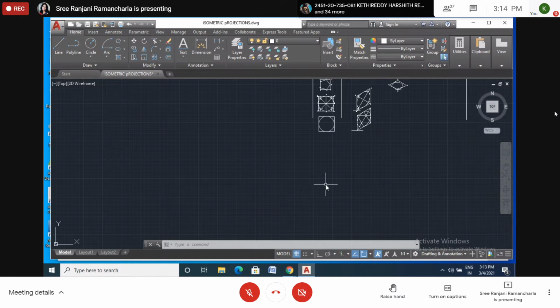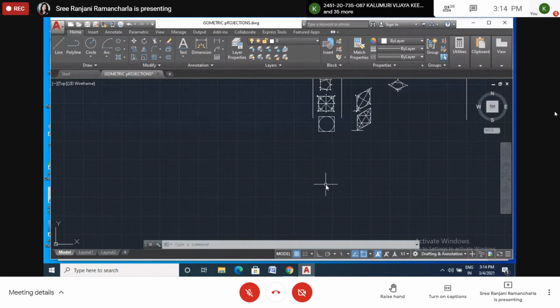Please note down a question. Draw the isometric projection of a cube.